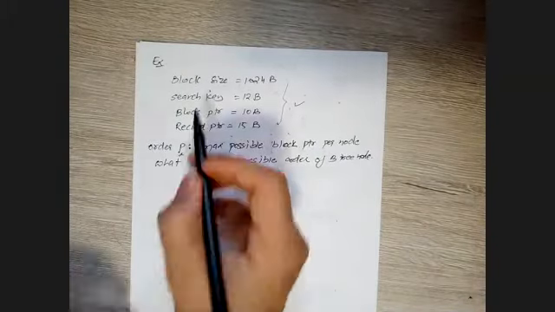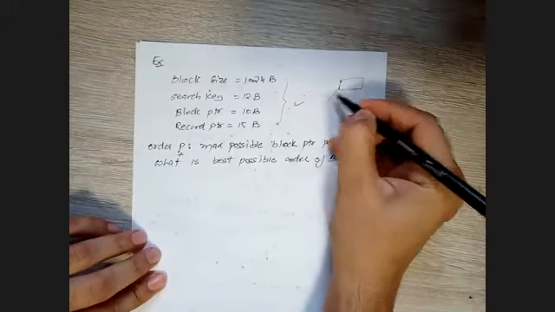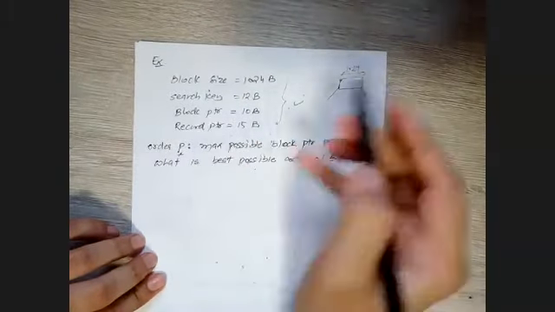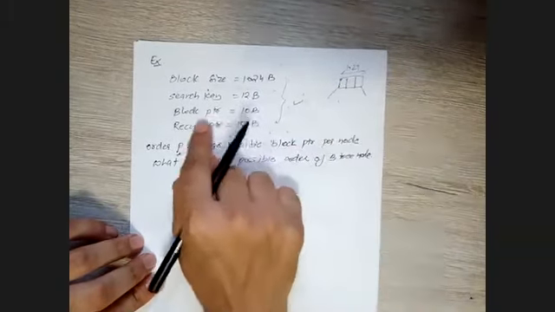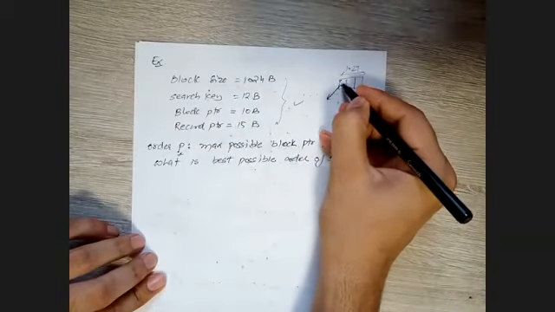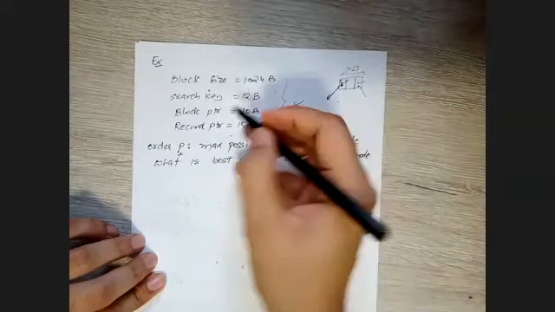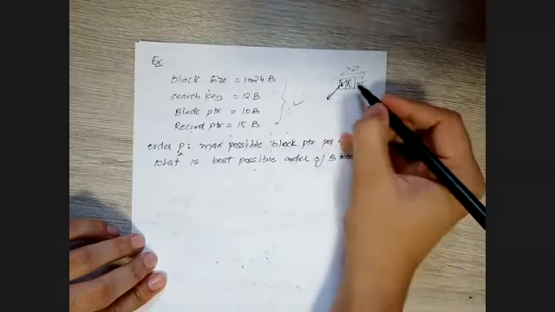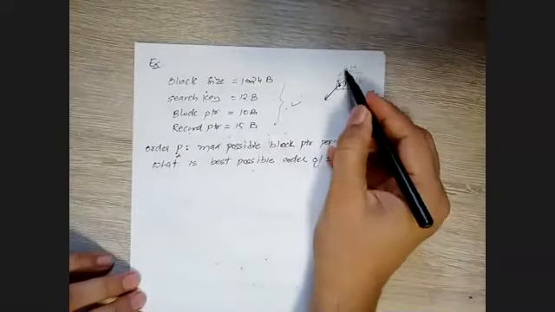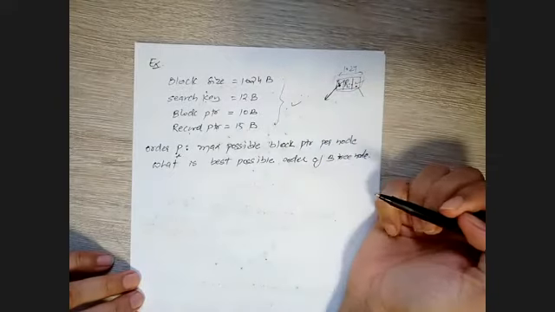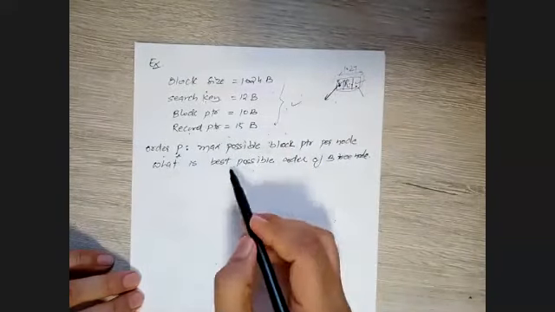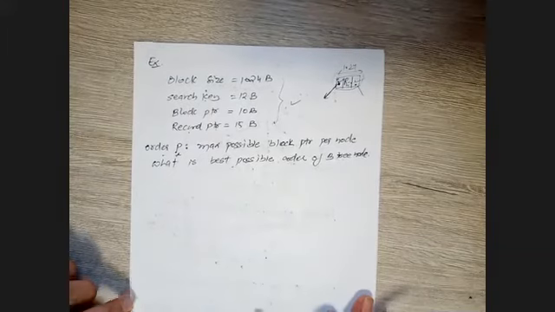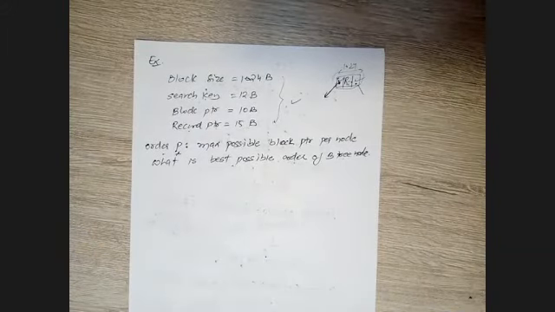The question says you are given the block size, so you have some block. This size is given as 1024. In the block you have the search key, and the block pointer, whose size is given here, and you have the record pointer and search key, the key-value pair. So every piece of information about the node is given, and it is asking what should be P, the maximum possible order. So what can be the maximum possible order of your B tree node? How will you find the order in this case?